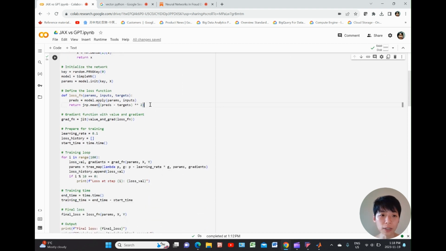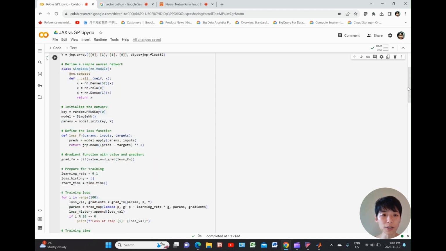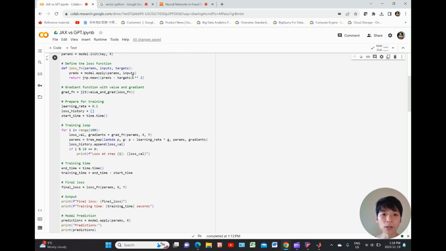We also need to define a loss function, which is the difference between the predictions and the target. Remember, the target is 0, 1, 1, 0. So the difference between the model's predictions and this array to the power of 2. We also need a gradient function so that the model would know how to fix its parameters to improve its